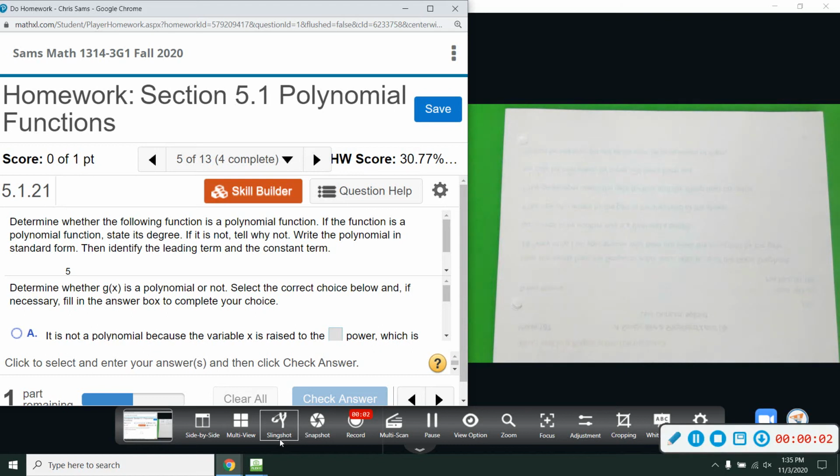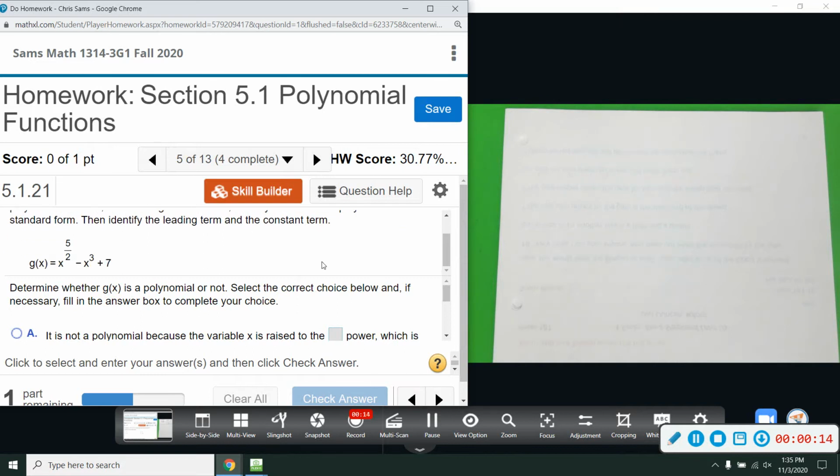All right, number 5, we want to determine whether the following is a polynomial. If it is, we're going to state the degree. If not, we're going to tell why. And we're going to identify leading term and constant term. Okay. So this function here,